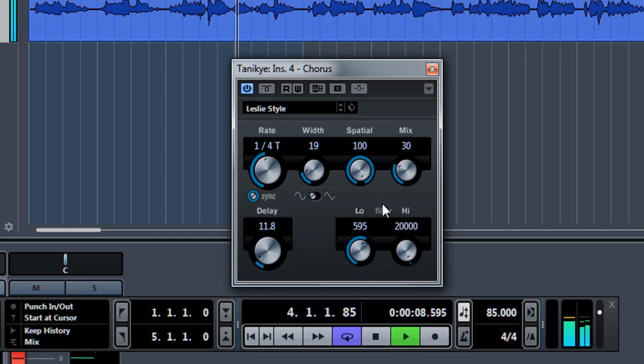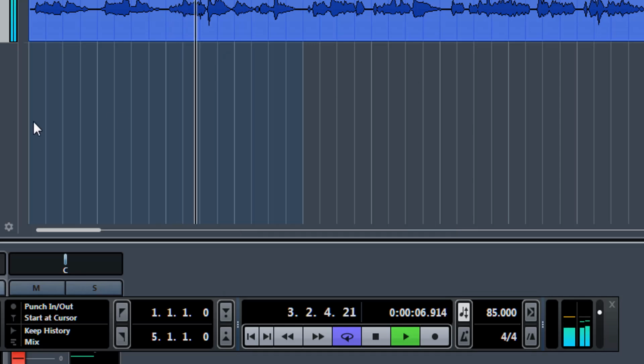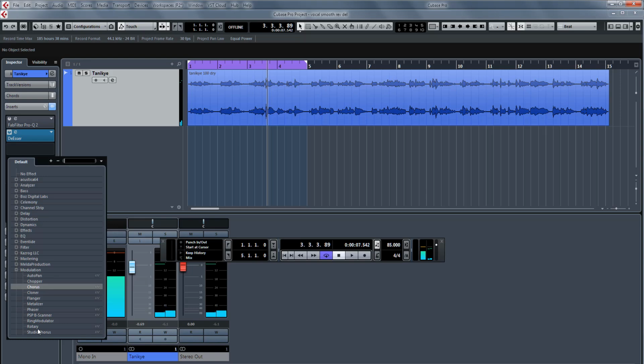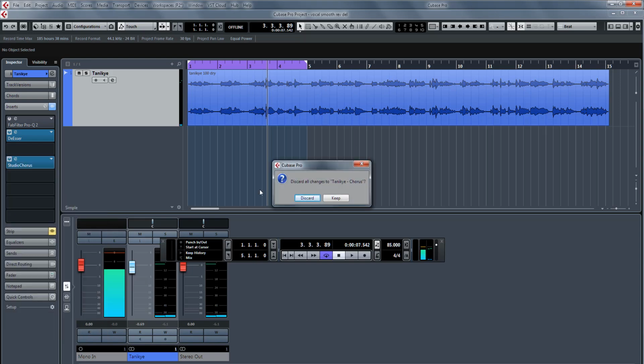We have that gorgeous kind of vibrato vibe going on here. And you hear all the different types of effects we get just using this band passing here. Gorgeous. Now let's use something a little bit better, and that's the studio chorus, because we have control over left